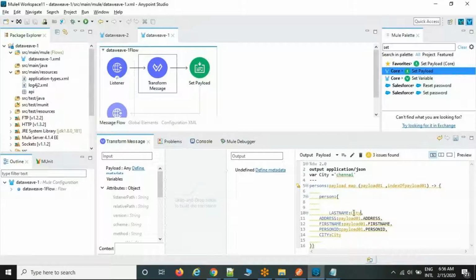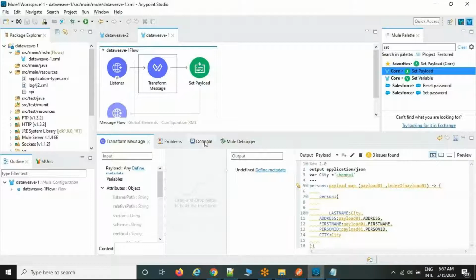Then the last name column is also coming as Chennai, and the city column is also coming as Chennai. Means first if we are defining city, the system will understand, yes, this is the variable which we created locally, nothing but inside of the DataWeave code. Then the system is going to verify whether this key is available or not. If the key is available, then the corresponding value is going to be appended at runtime. Is it clear? Yes. Thank you.